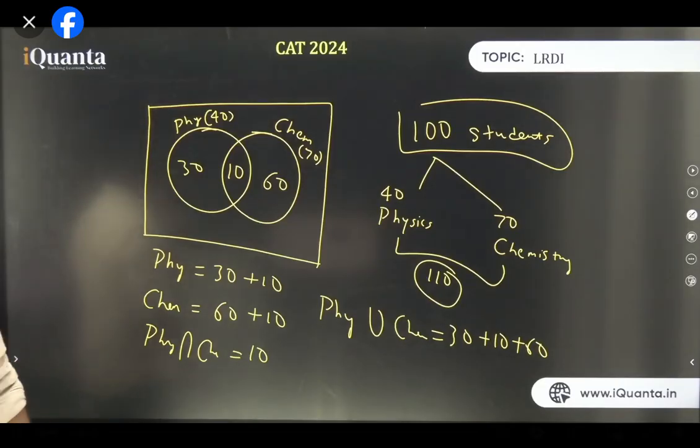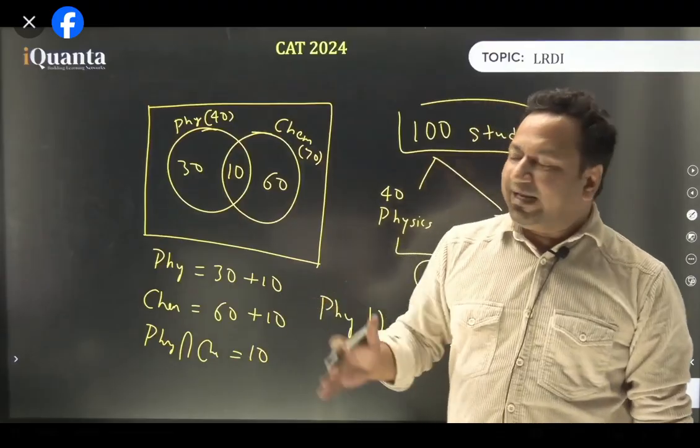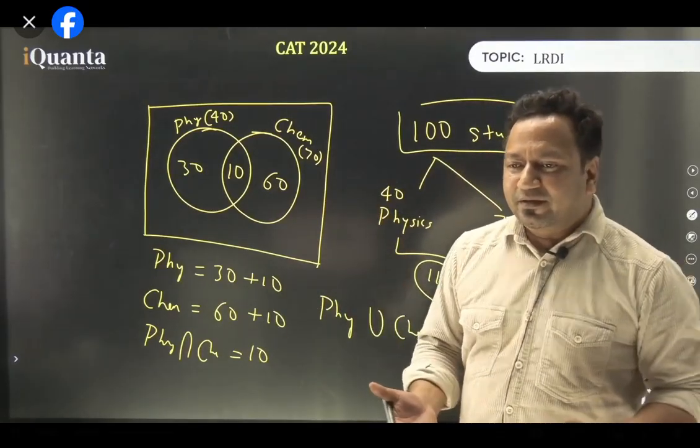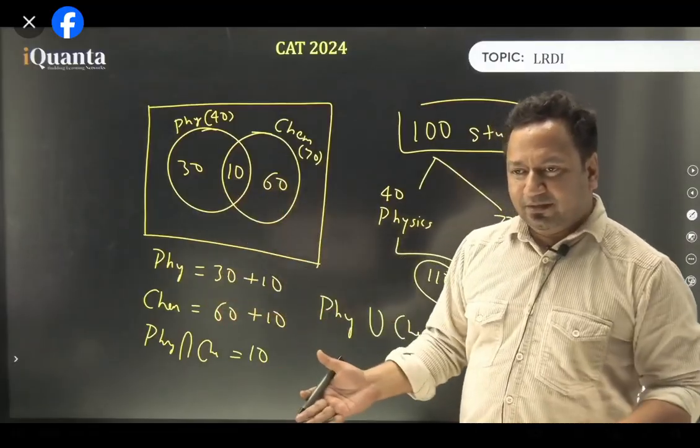Name of set can be written in whatever letter. It doesn't really matter. A लिख दो, B लिख दो, X लिख दो, Y लिख दो, सलमान खान लिख दो. क्या फर्क पड़ता है? You are just giving it a name. That's it. I gave it a name with a capital A. That's it.